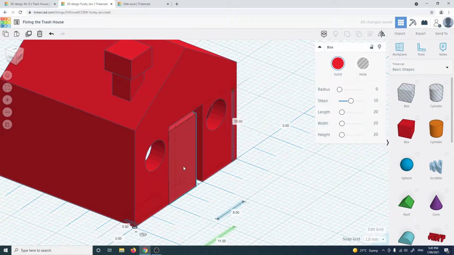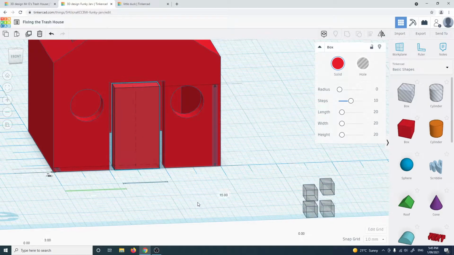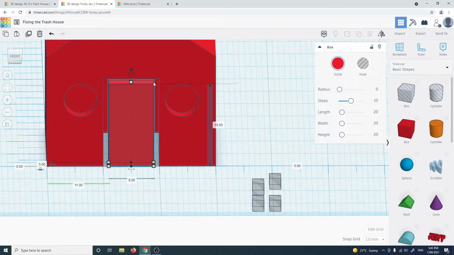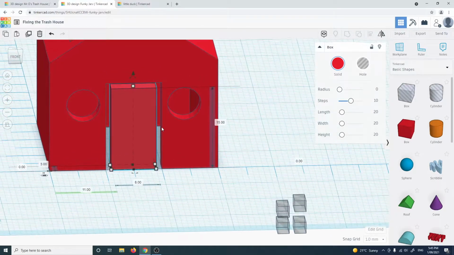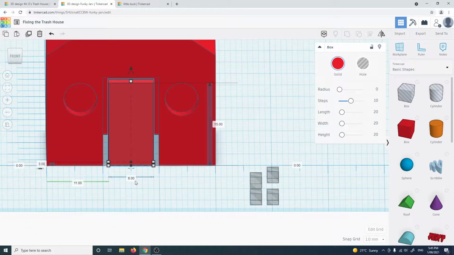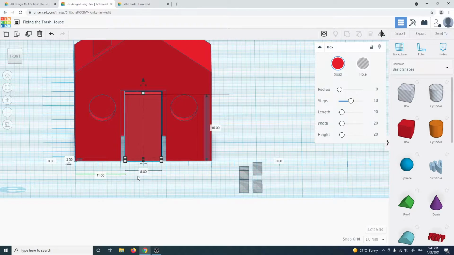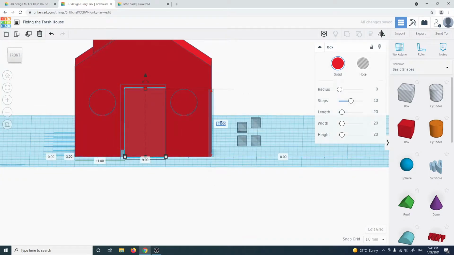Now, I wanted this to be something that you could remove, right? I wanted it to be like a door that you can have there, a door that you can remove. If you wanted to, you could put little hinges there and actually swing it so it opens. So I've left a gap, but I've left a gap that's huge. You do need to leave gaps in 3D printing if you want things to sort of fit inside other things, but you don't need to leave a millimeter gap all the way around. That's far too excessive. What I want to do is I'm going to change this to be 9mm, and I'm going to change it so that it is